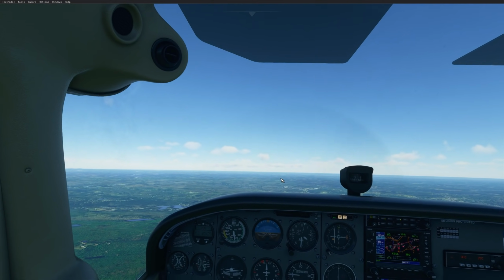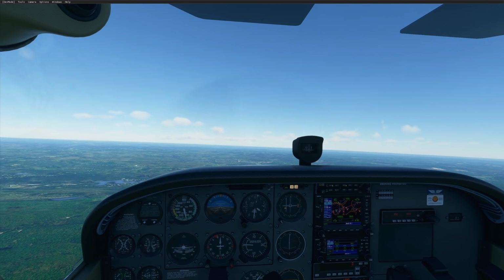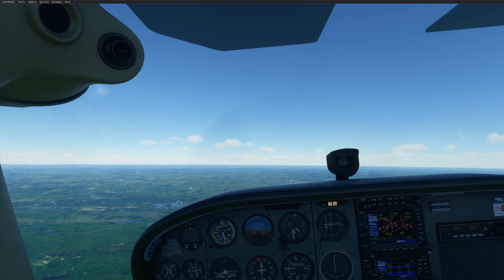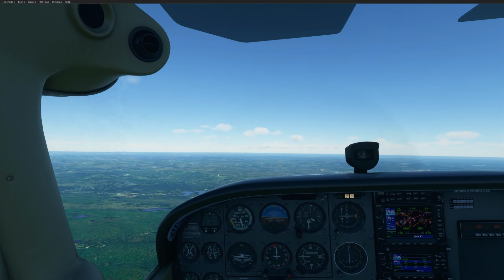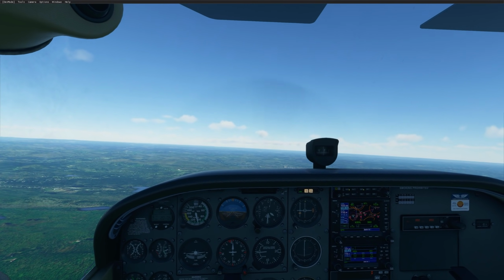Okay, so now that we're on Unicom, you're not going to hear anybody talking unless you're flying near a popular airport with other people on Unicom. So Unicom at this point is like flying offline for the most part. We'll make traffic callouts at the airport, but for the purposes of this tutorial, that was how to fly VFR